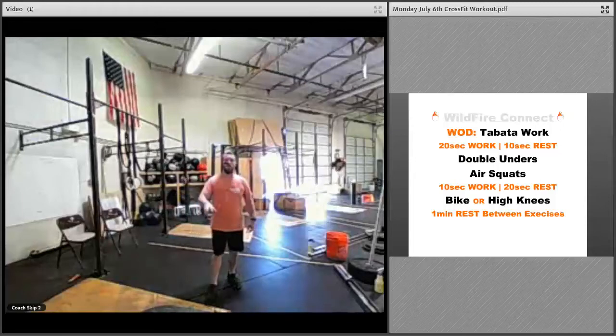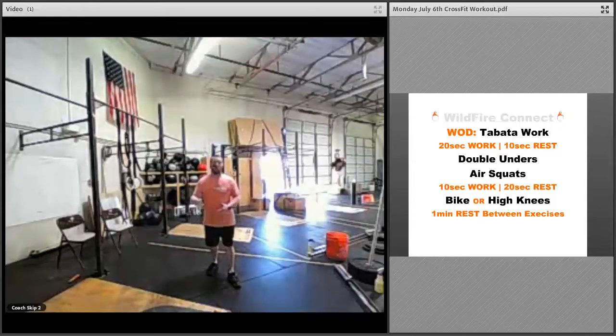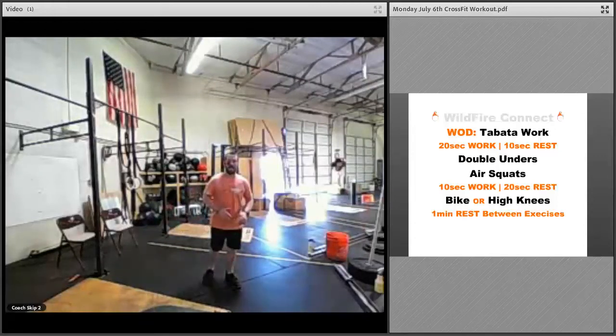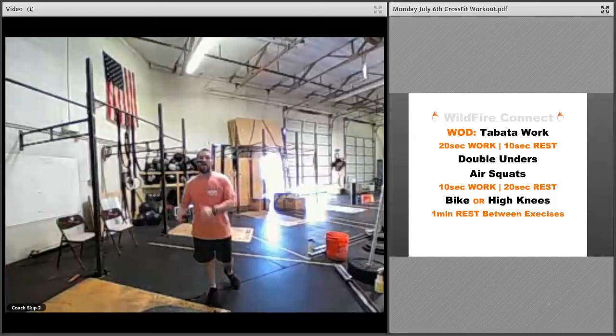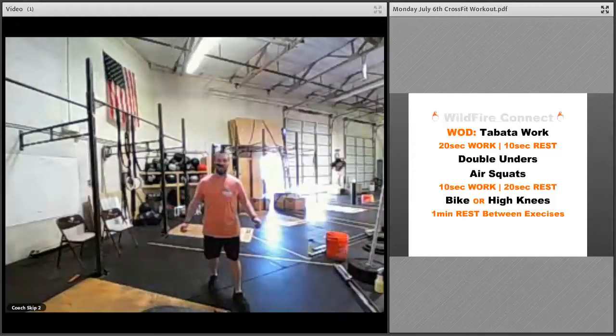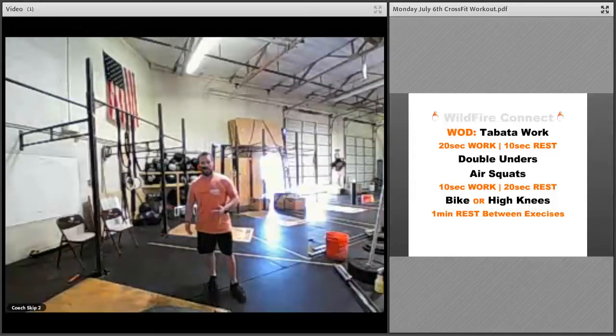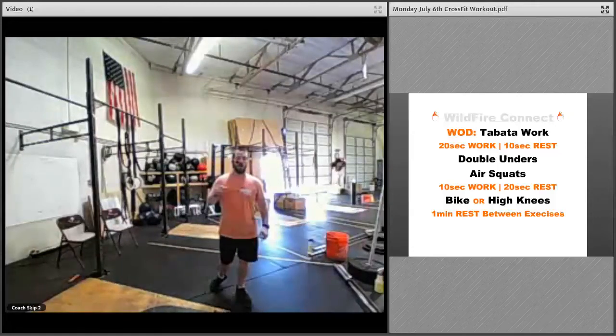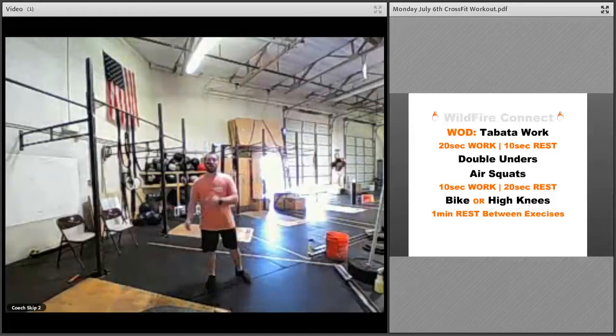Once we do the Tabata work on the double unders, and that Tabata work is going to be 8 rounds of 20 seconds on, 10 seconds off, and we are going all the way through 1 exercise before we move on to the next. So double unders, 20 on, 10 off for 8 rounds. Go as hard as you can for 20 seconds, knowing that you're going to get that 10-second rest period in there. Once you're done with that, you're going to take a 1-minute rest,